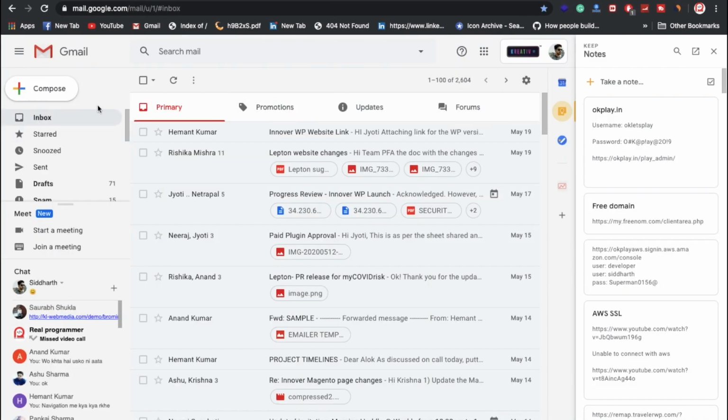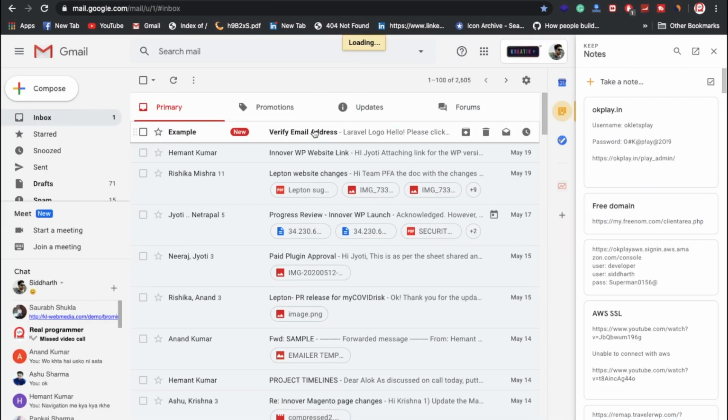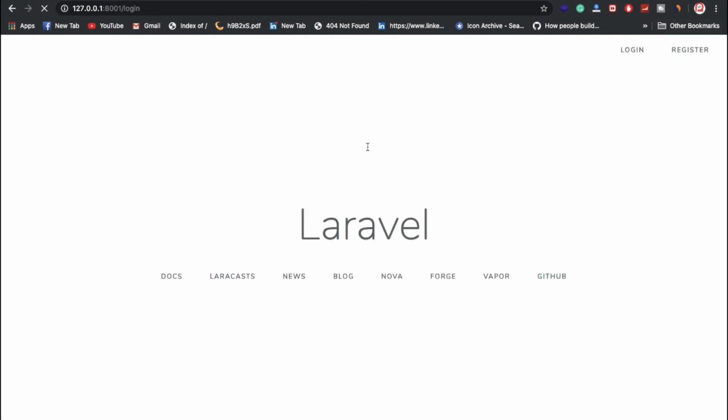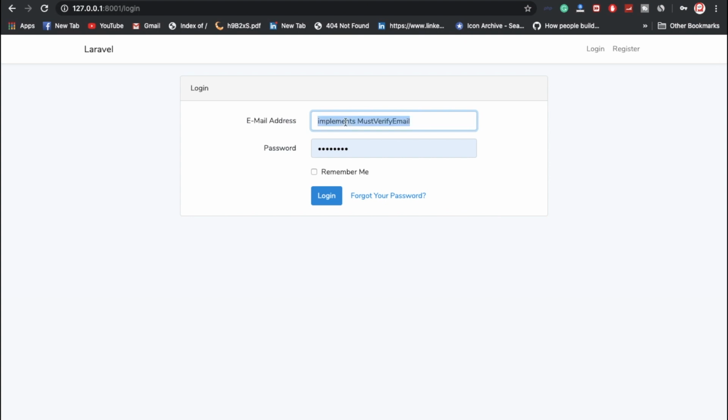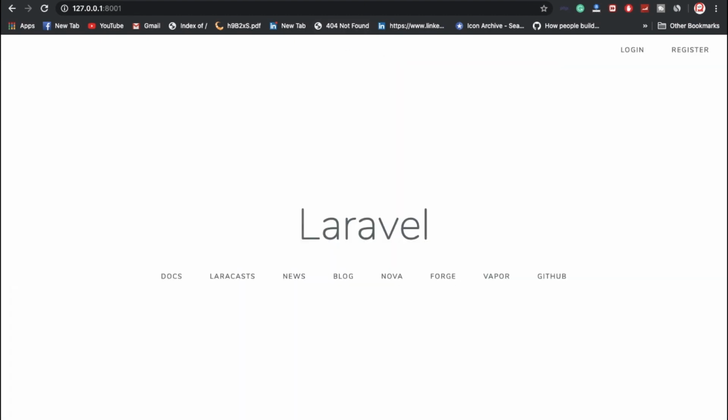once we click on register, at the same time we also get one email verification. Once you click on email verification, this is your account, you are logged in. Just click on log out, and here log in once again. Put your email address. My email address is siddharth.shukla@creativestreet.com, and the password is admin1818. Once you click on login, you get logged in, and this is working fine.